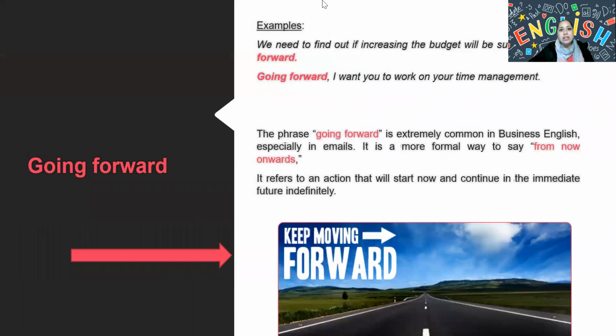Going forward. So what does it mean to go forward? There are two examples here, but the phrase going forward is extremely commonly used, especially in emails. It is a more formal way to say from now onwards. From now, we are moving positively.